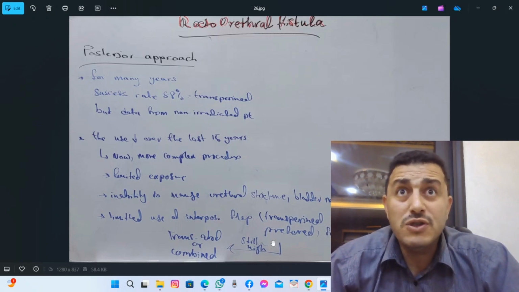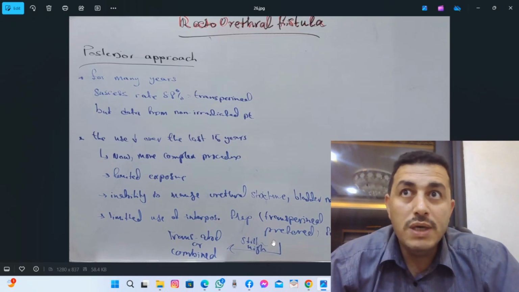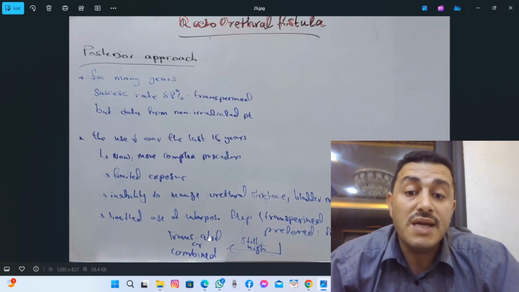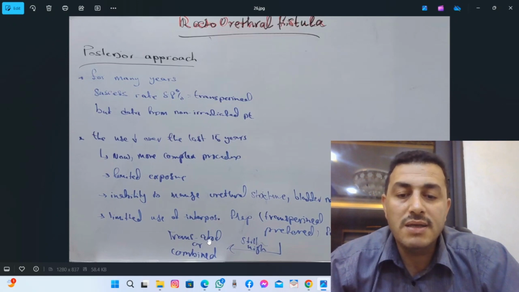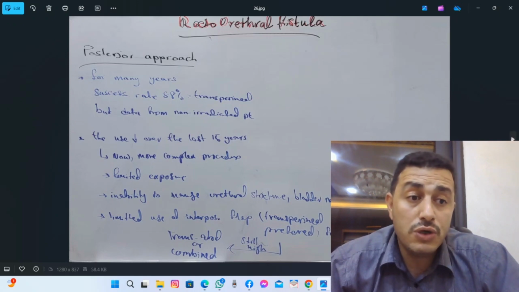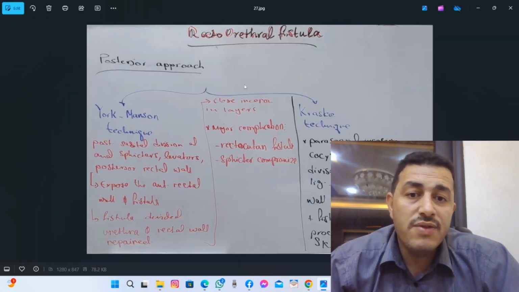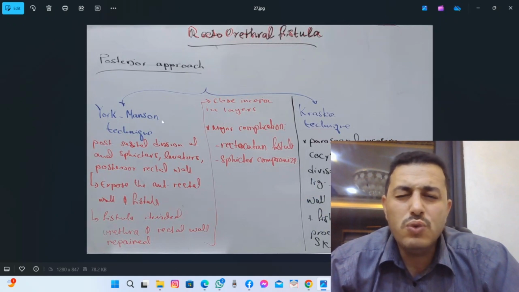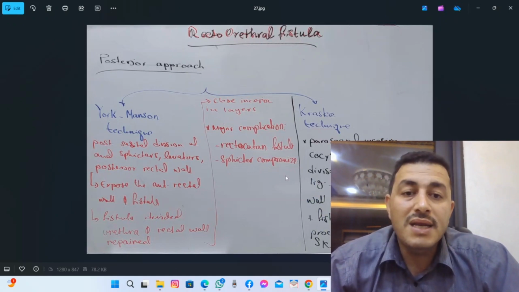And even if the fistula is high, we start to think with the transabdominal approach or combined approach rather than the posterior approach. We have in the posterior approach two similar techniques, the York-Mason technique and